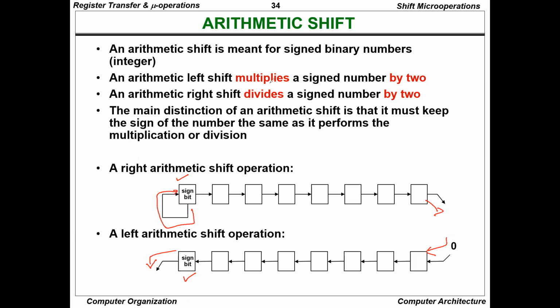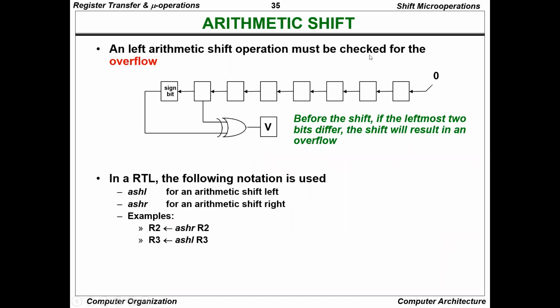But the only thing that you should keep in mind is the main distinction of an arithmetic shift is that it must keep the sign of the number the same as it performs the multiplication or division। इस चीज को हमने ध्यान में रखना है। So with this we come to the end of it।